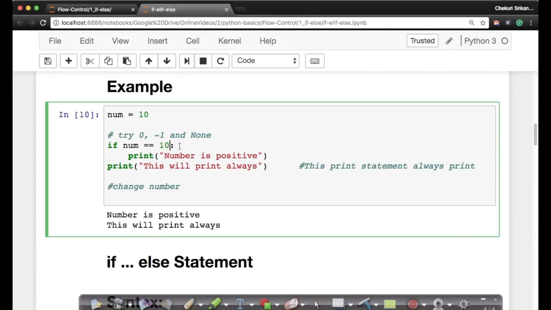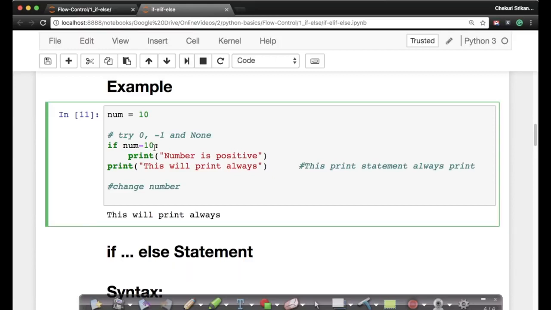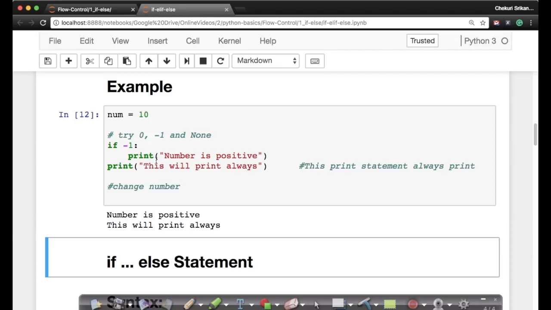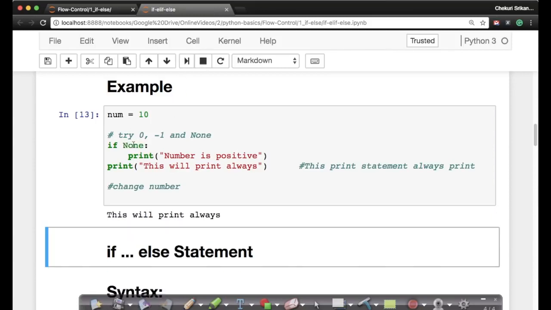There's a small variation here. Everything which is 0. What if I just give it 0? For example, if I do num minus 10, num minus 10 is 0. Then what happens? 0 is taken as false in Python. Every non-zero value, if I put minus 1 here, minus 1 is taken as true, plus 1 is taken as true. Everything is taken as true except 0 and None. The keyword None basically means absence of anything.